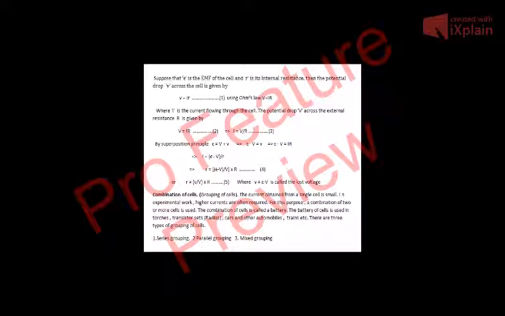Or r is equal to v upon V into R, while v is equal to E minus V is called the lost voltage, because this is the voltage which has been used by the current to flow through the interior of the cell. So if we use a voltmeter, that will not show us the exact value of E, only the voltage which is used to flow the current through the external resistance R, not through the internal resistance. So that is why this is called the lost voltage.